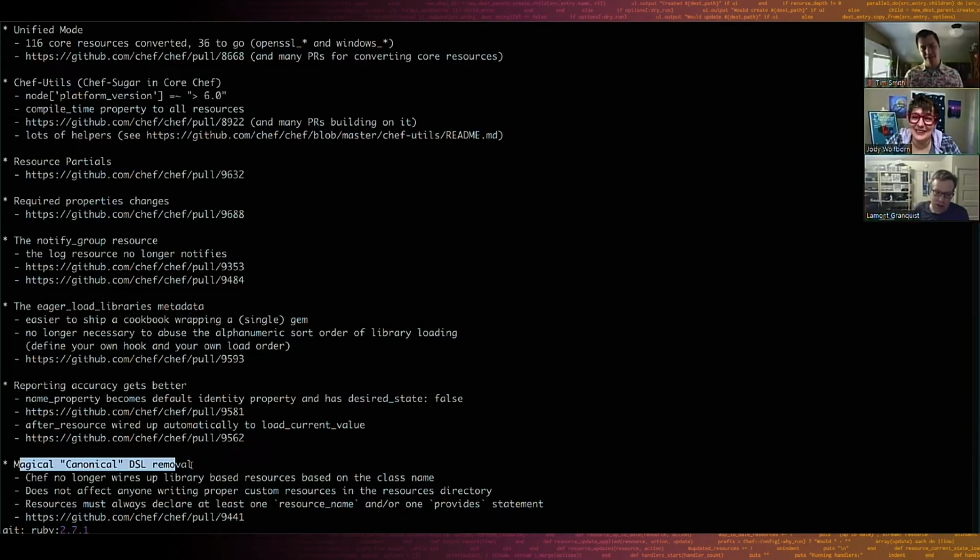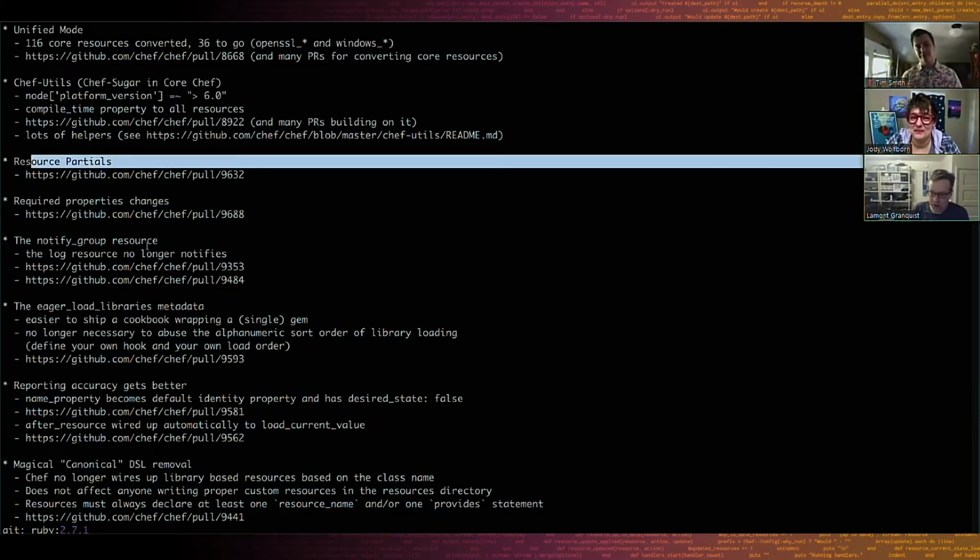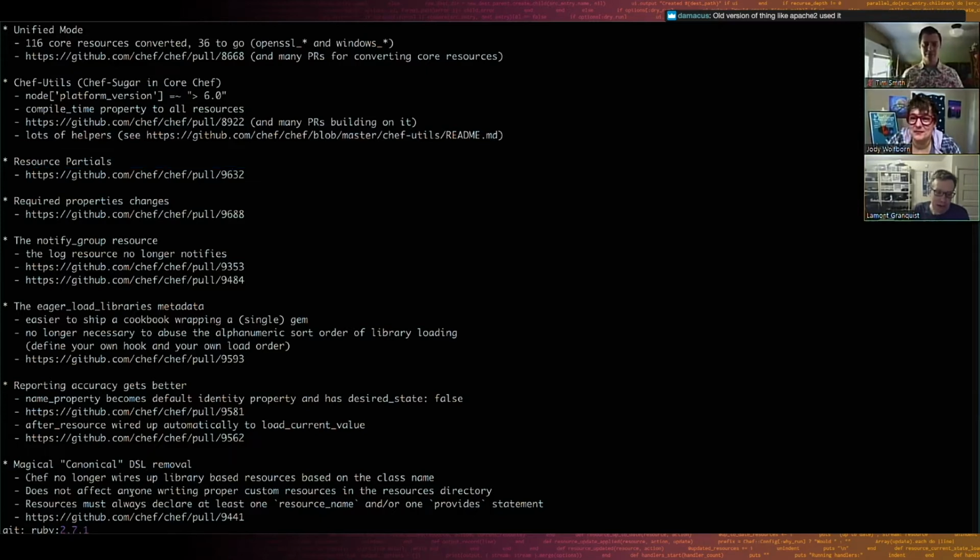So that whole abstract base class thing is really why we have these resource partials that I'll show later. Which is sort of a more correct way of, or at least a safer way of, going about doing that. Cool. Well, maybe that's a good segue into a resource partial demo or showing us that.